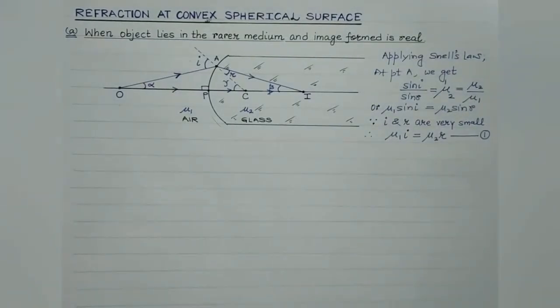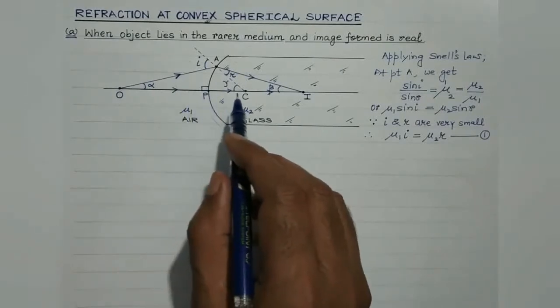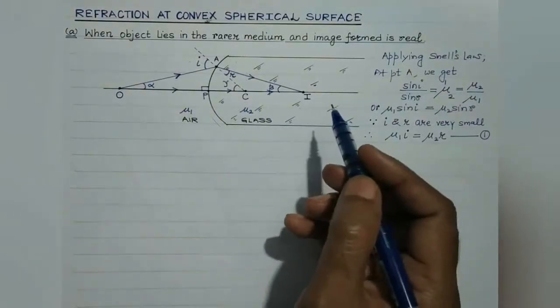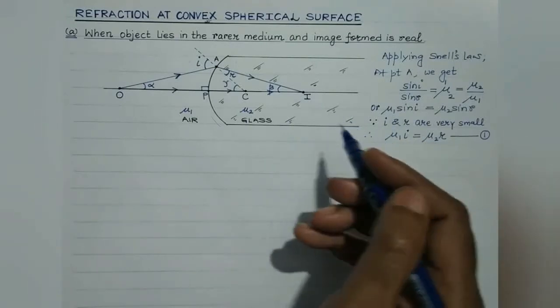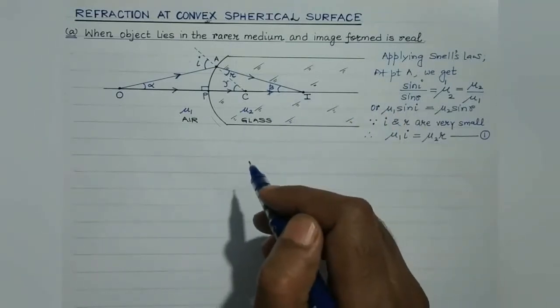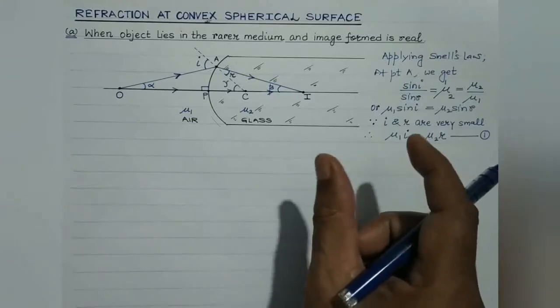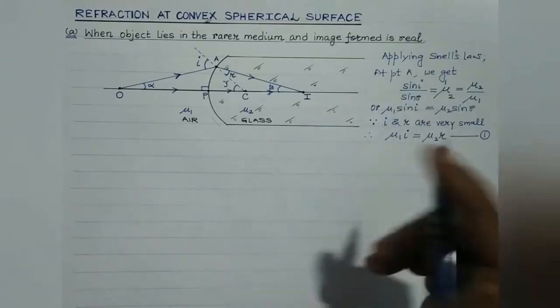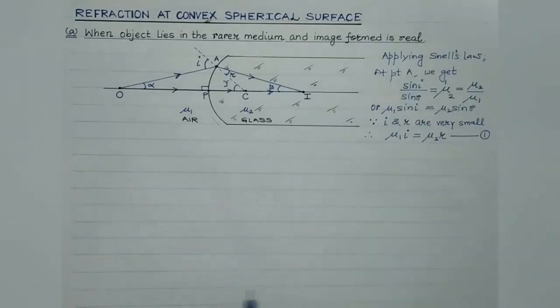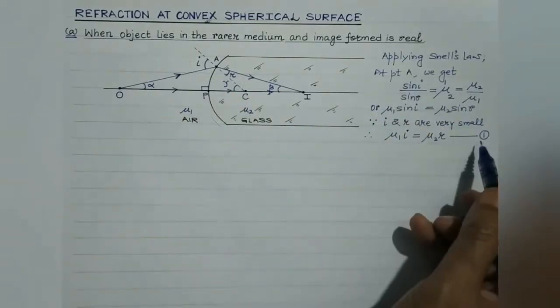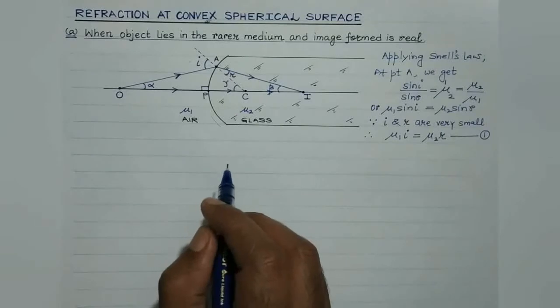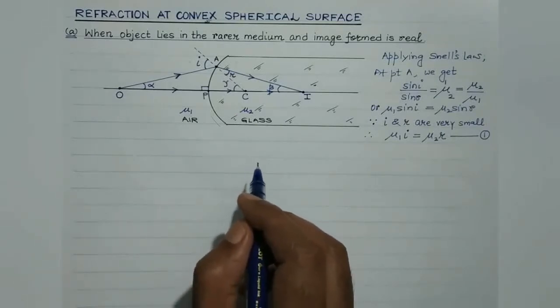Right, students? We have already discussed the assumptions and the sign conventions to be used. In case of any doubt, students, you can fall back to the previous lecture, the link of which I will provide in the description section of this present video, right? Well, this first part is over. Applying Snell's law at point A, we get this particular result. Now, students, we need to get a relationship between alpha, beta and gamma.